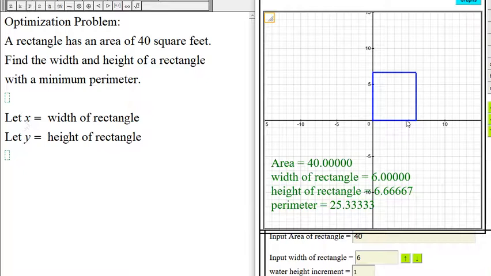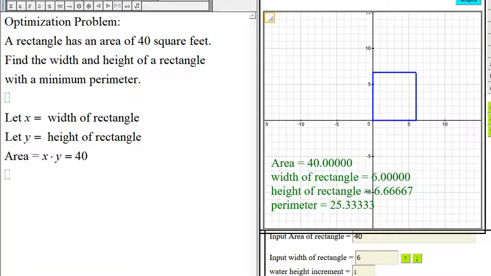Here, let x be the width, and let y be the height of the rectangle. We're given that the area is equal to x times y, and we're given that this is 40 square feet. And so from this equation, divide both sides by x, then we get y is equal to 40 over x. And so the perimeter